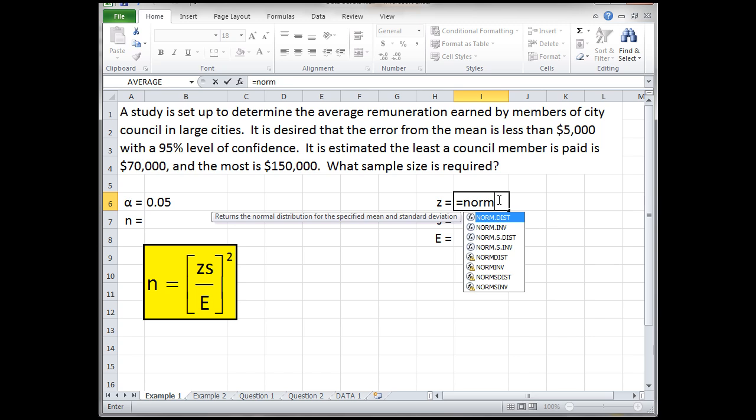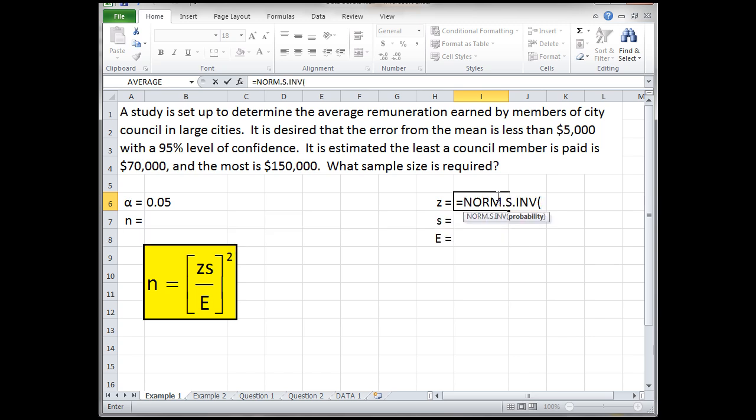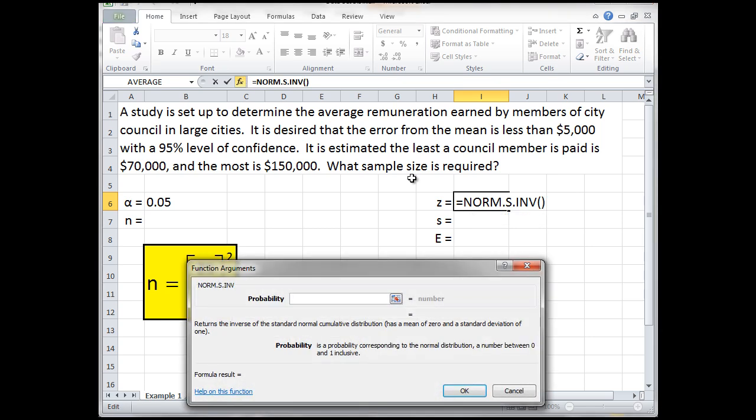So when that's the case, we're using one of the inverse functions. And again, the only thing we have to find that z-score is the probability, so we should be using the function norm.s.inv, in which case our only input is probability. Remember that probability comes from all of the level of confidence plus the bottom half of the level of significance. So 95% plus 2.5% tells us we should be looking for a probability of 97.5%,